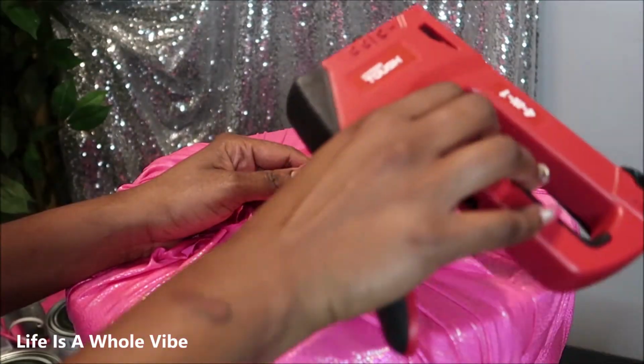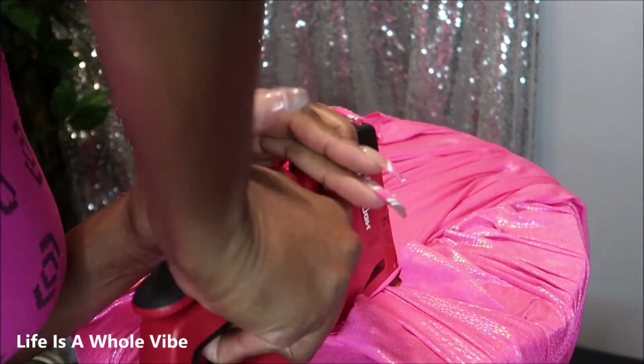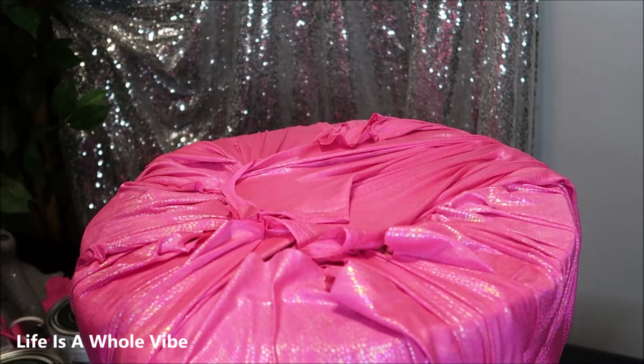I'm just gonna take my staple gun and try to cover up this cardboard at the bottom. So that's what I'm doing. And I'm thinking that I want to add some height to this. So I think the next thing that I'll do first,